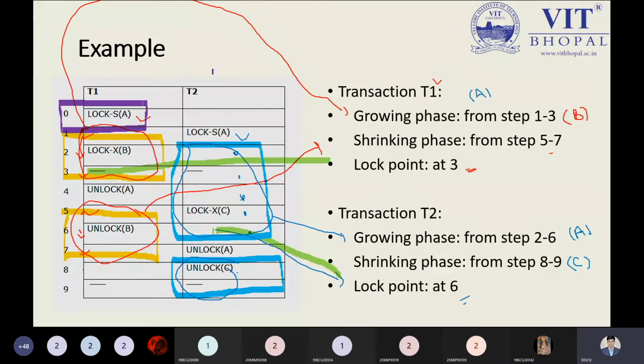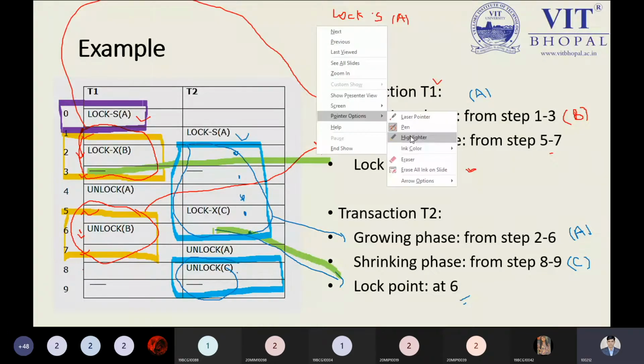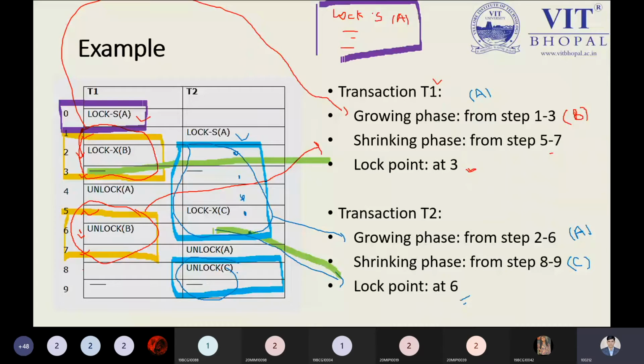So after the lock SA, suppose I am taking this example right now. I am writing it this way: lock SA. Here I am writing some statement. Okay, so in this case, you can easily say this will be considered as our growing phase, and this point becomes a lock point. Okay, now clear? But here after the lock SA, we don't have any instruction, so that's why we are not taking this as a growing phase. But this will be part of the growing phase of only this statement, lock XB.